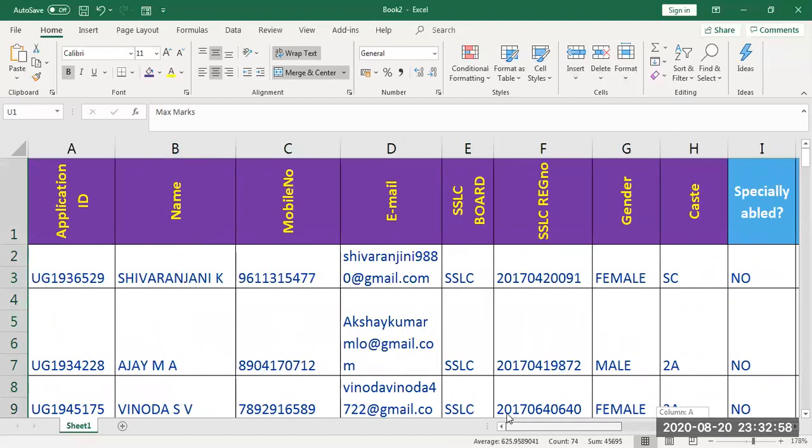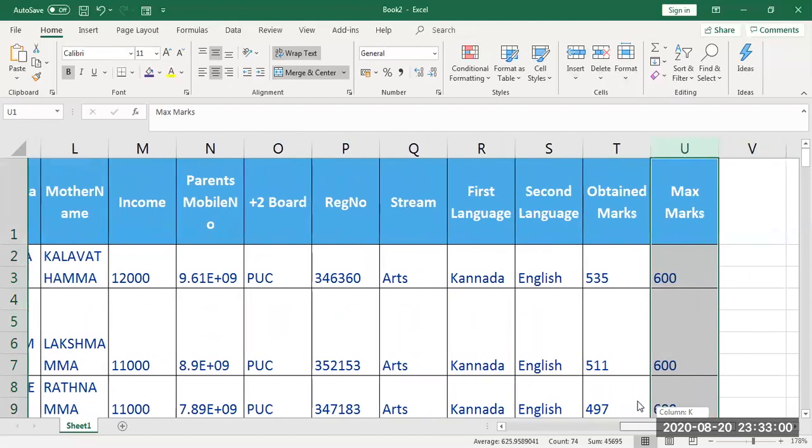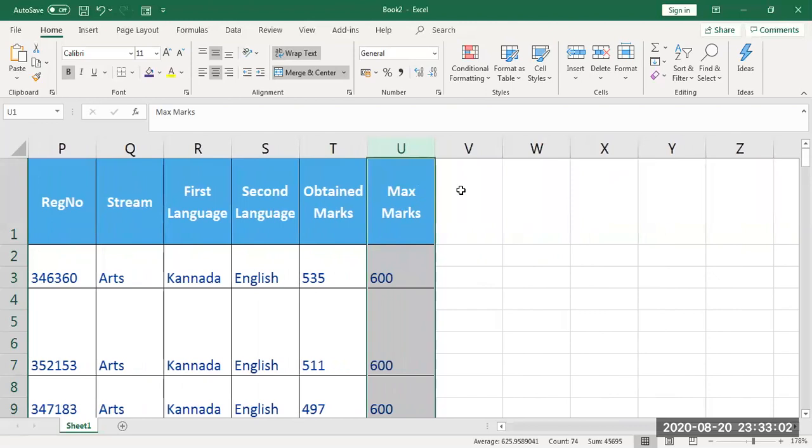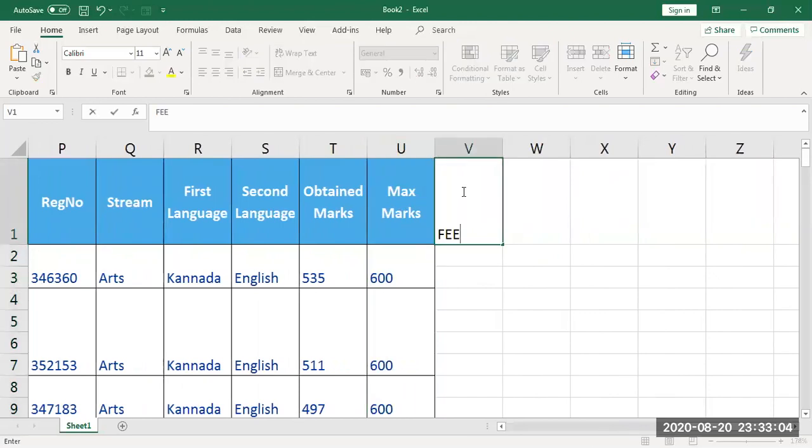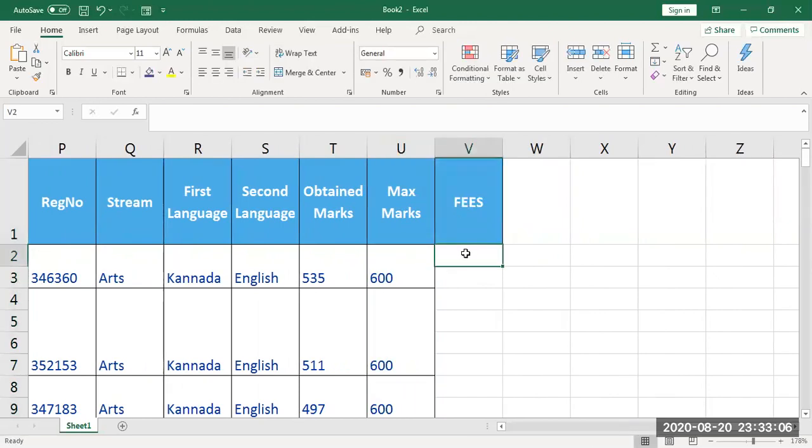Then another thing: in case any amount is mentioned, like here I have a column called fees. Usually for fees we don't write just 5600, we write 5600.00, but here I am mentioning only 9,000.